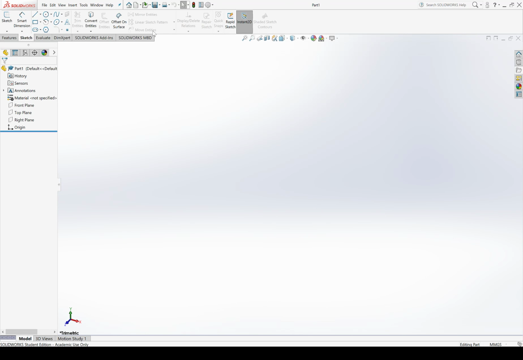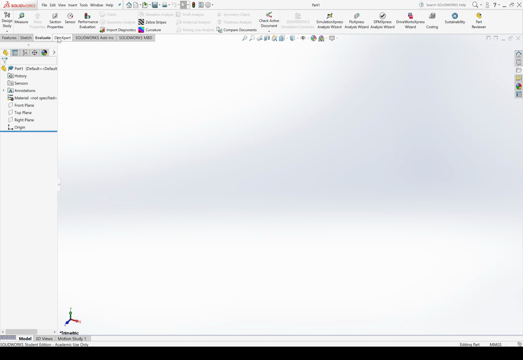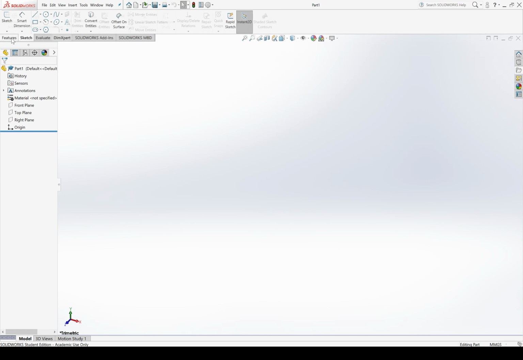SolidWorks' user interface is similar to Office. You have a ribbon at the top with little tabs. Things are sorted together by topic areas that you access with the tab. And then there's a hierarchy on the left. SolidWorks creates a hierarchy of features to generate a part. So you might start by imagining a solid block of material and then removing parts of it and then adding parts to that as you're defining the shape of something.